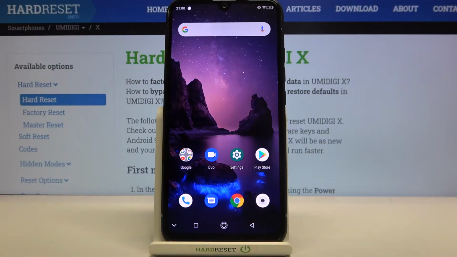Hi everyone, here we've got UMIDIGI X, and let me share with you how to enable developer options on this